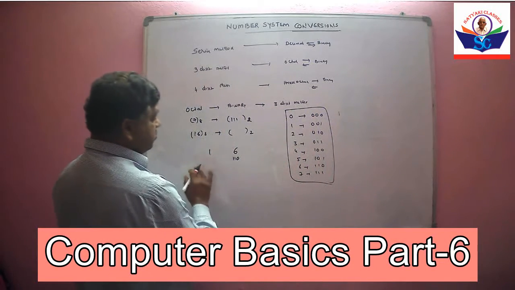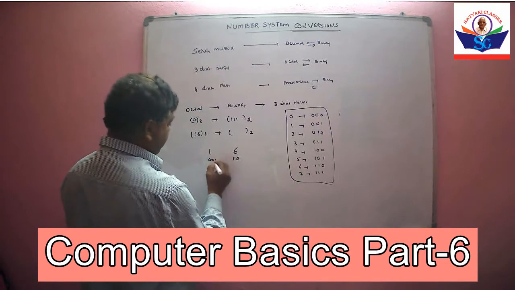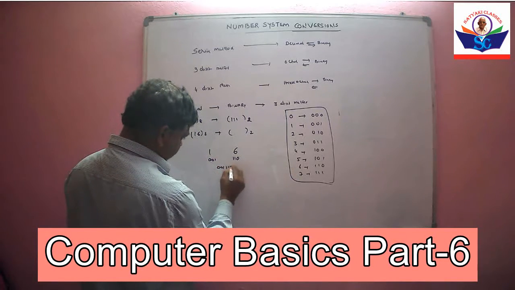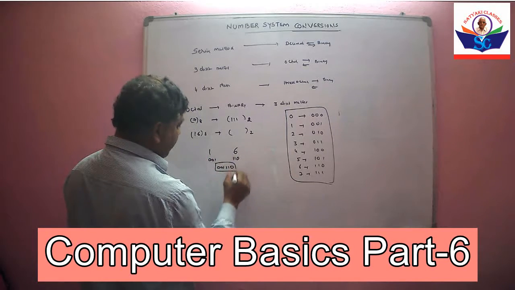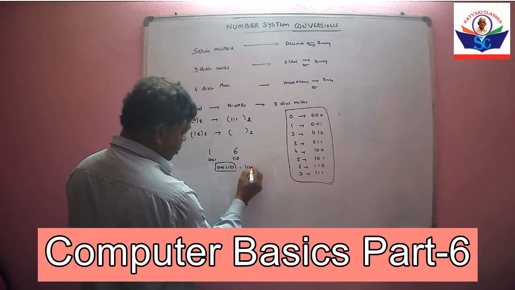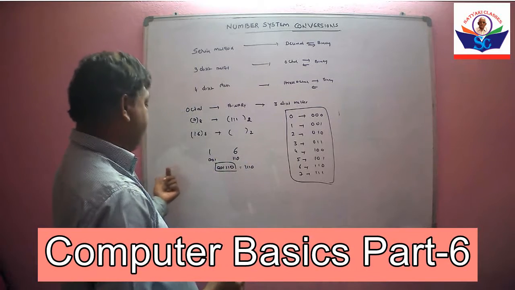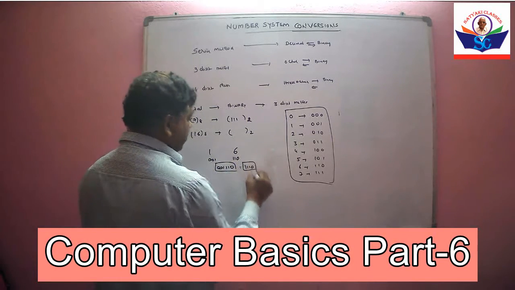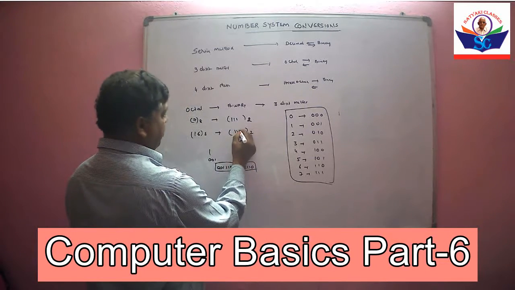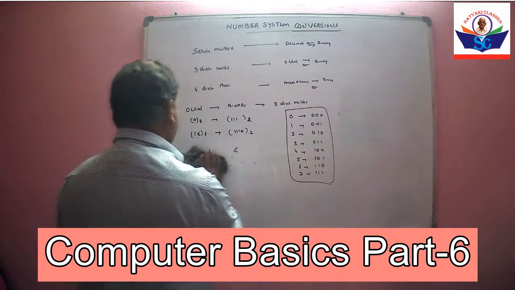Now, combine this. What is the equivalent binary number for 16? It is 0 0 1 1 1 0. There is no value for the leading zeros on the left side. So this is the equivalent binary number for octal number 16: 1 1 1 0. Next, we will take another number.